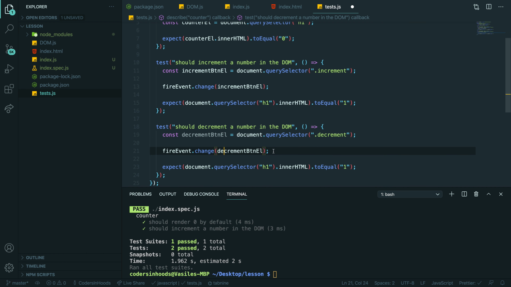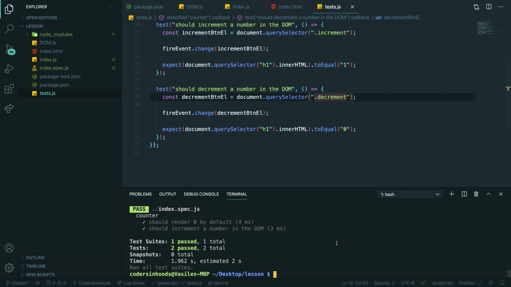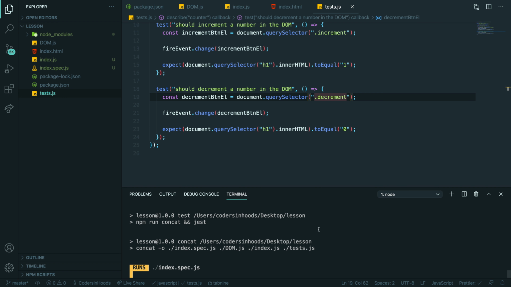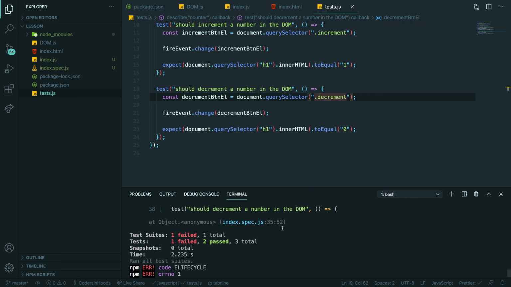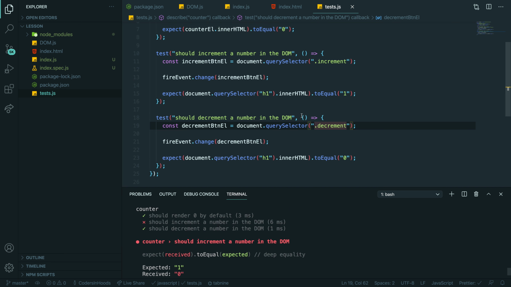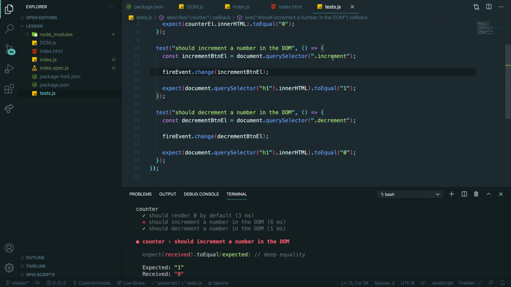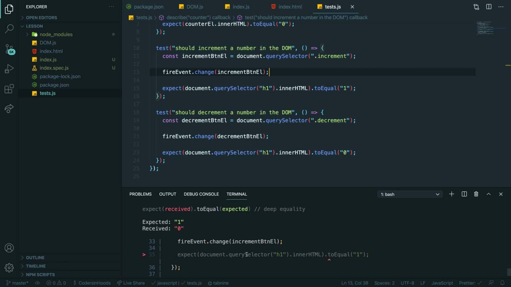and decrement. That should be, in our case, 0 again, right? Because we run increment, change it to 1, then we decrement. So let's run. Come on. Received, expected, sorry. What? Is it this increment? Fire increment, fire. Oh, sorry.